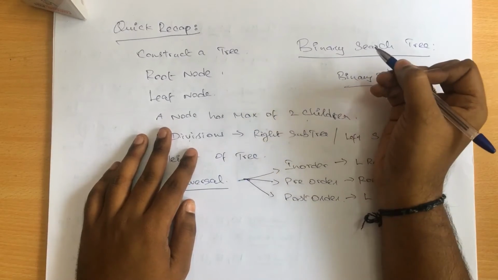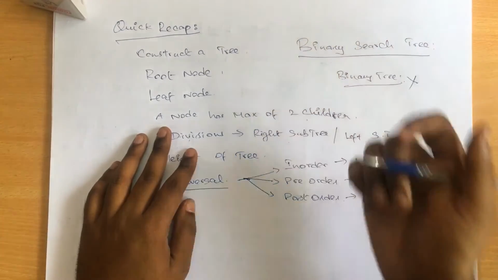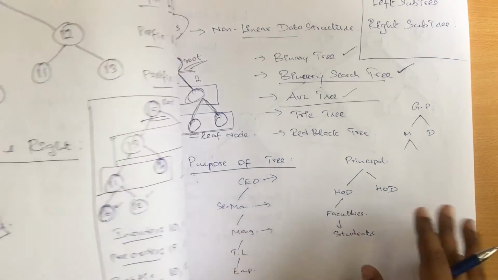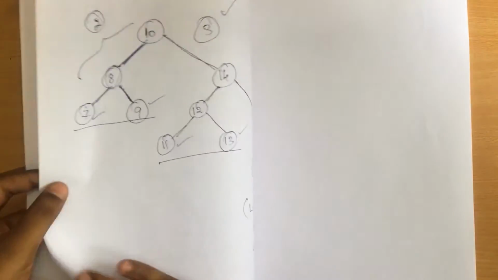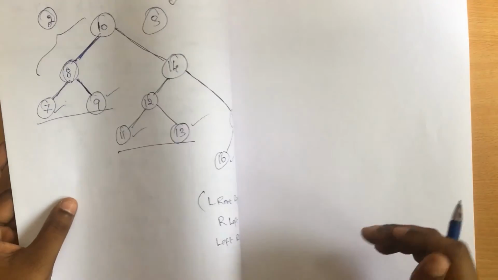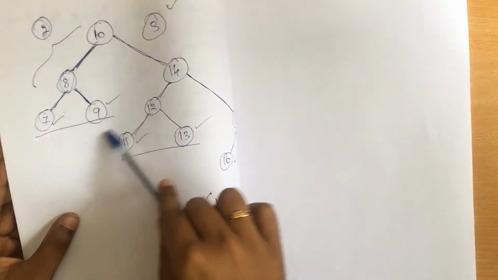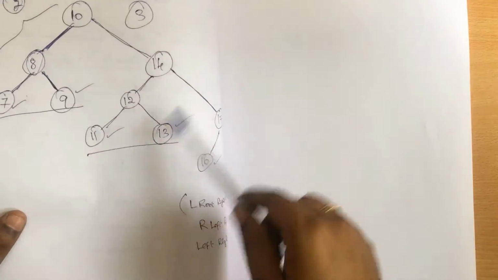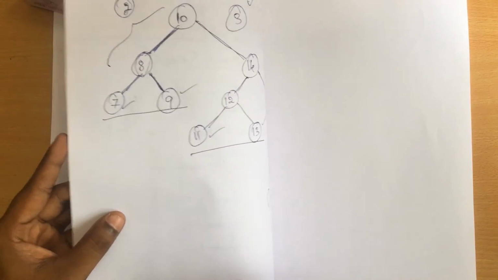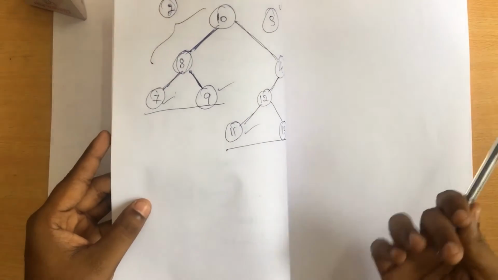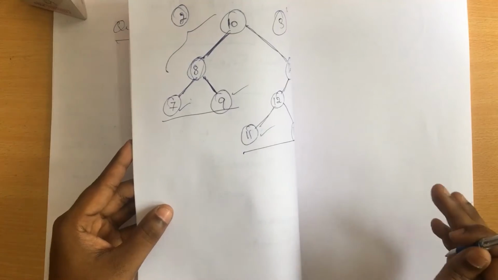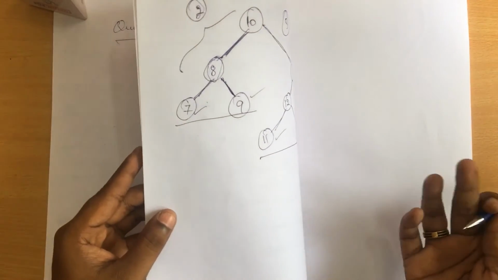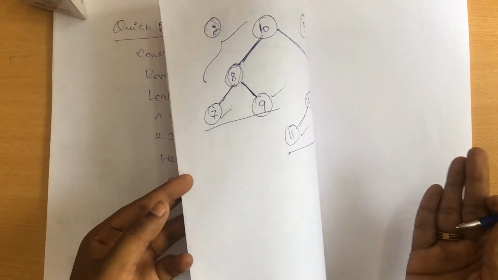Followed by this, we'll focus on the AVL tree, right? The AVL tree is nothing but a self-balanced tree. If you see the previous tree structures which we have learned here, you cannot say that the tree is entirely in a balanced form. For example, in the left subtree I have only 3 nodes, but in the right subtree I have more than 3 nodes, right? So it should not be done always. This is why we are going with the AVL tree, which is called a self-balanced tree. It will always do a rotation for a tree and make it a self-balanced one, so that your tree will be entirely balanced.